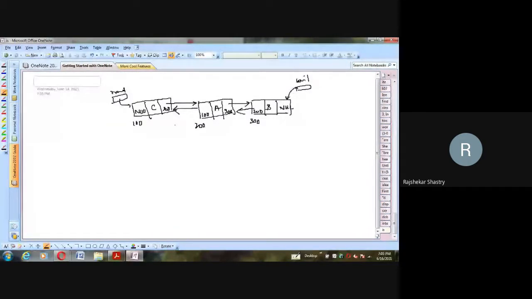And sometimes if you feel that your operation is easy to perform on the head side, then you can take the head pointer. So that's why we take the two pointers, to take advantage. This is what the double linked list and its related information is about.